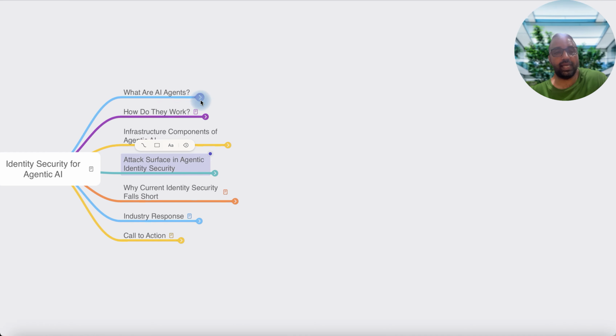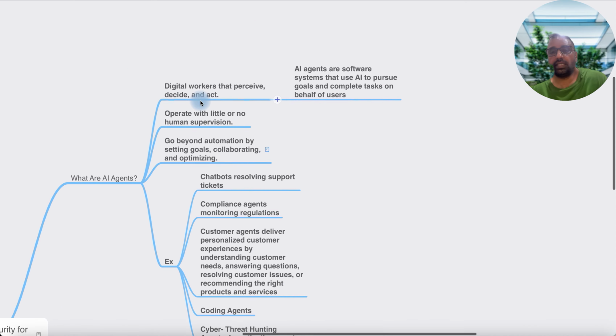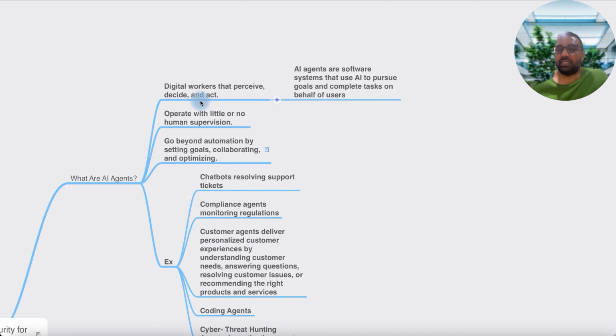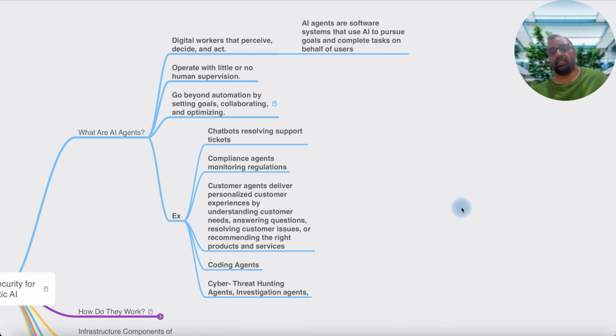So what are AI agents? Simply put, they're software that uses AI to pursue goals and complete tasks on behalf of users. They are digital workers that perceive, decide, and act based on the goal that has been given to them. They operate with little or no human supervision, and they can go beyond automation by setting goals, collaborating, and optimizing. Some examples could include chatbots involved in customer support, chatbots that are used in compliance, chatbots that are coding,